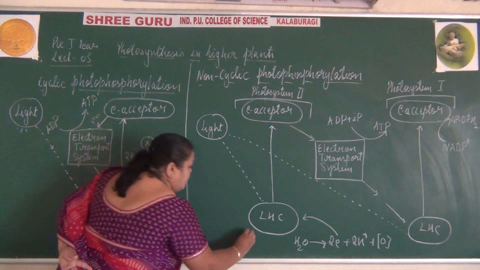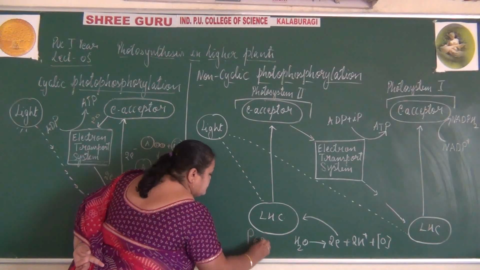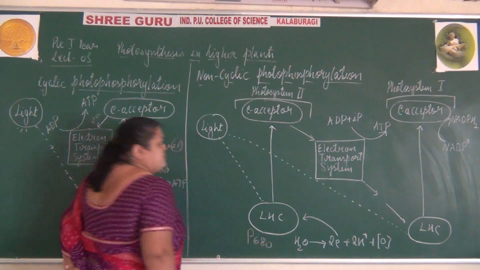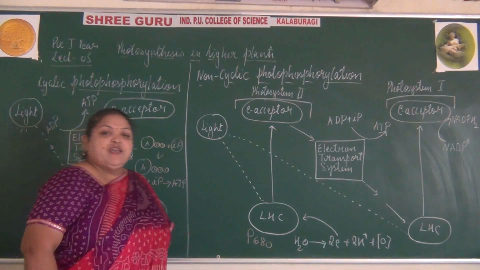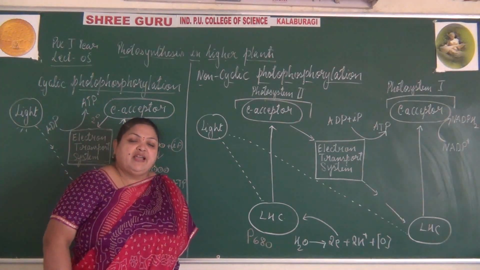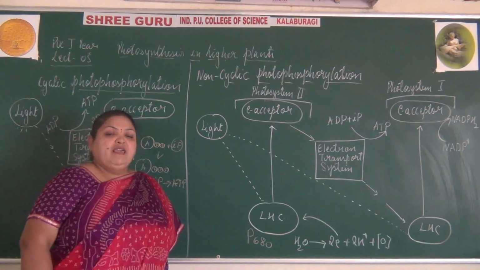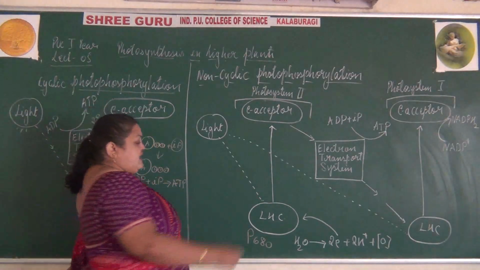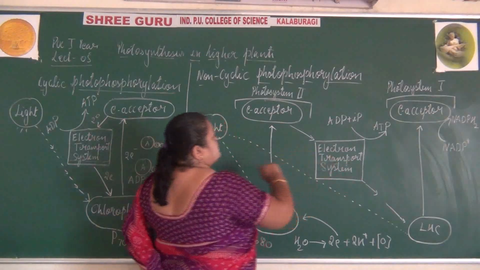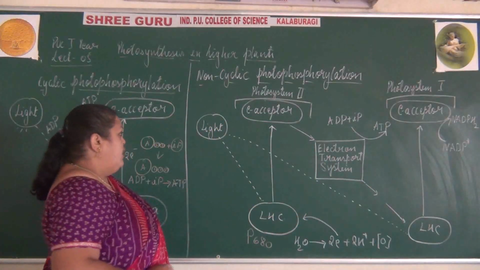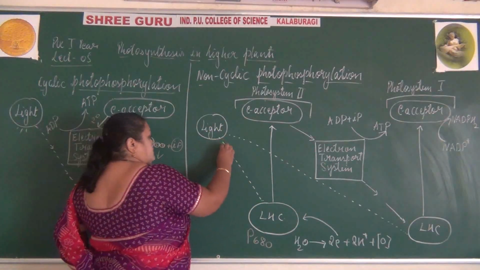So here the photosystem 680 is being involved, which absorbs the wavelength of light of 680 nm. So here, both the photosystems are being involved. As the light falls